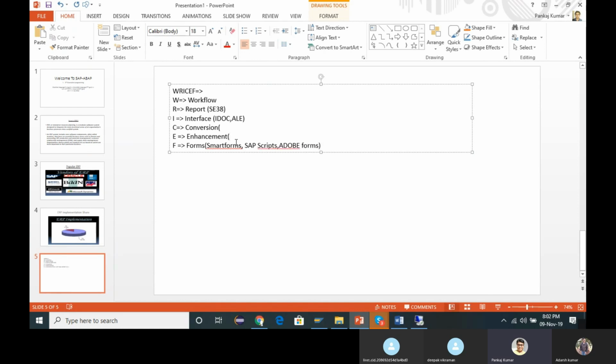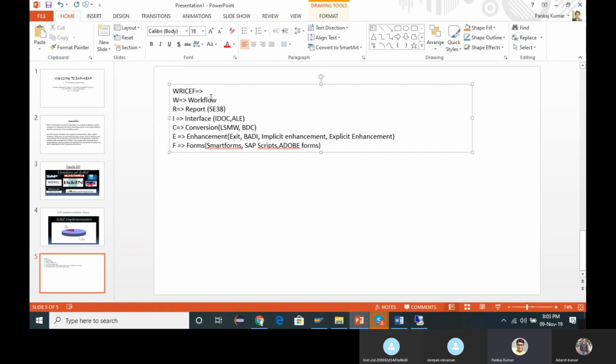And enhancement: implicit enhancement, explicit enhancement, user exit, customer exit, all these things come under enhancement. Conversion is nothing but LSMW or BDC. These all come under conversion.